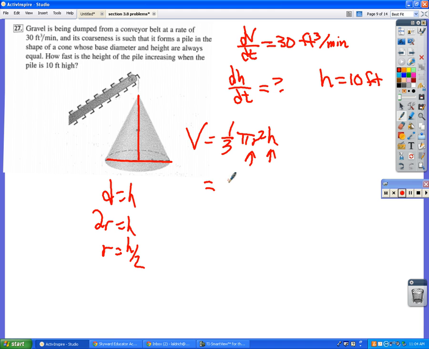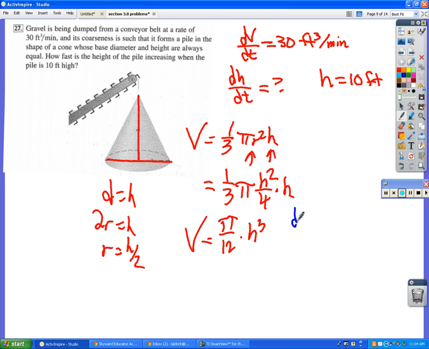So this becomes 1/3 pi times h squared over 4 times h, which is pi over 12 h cubed. So now the derivative of that is